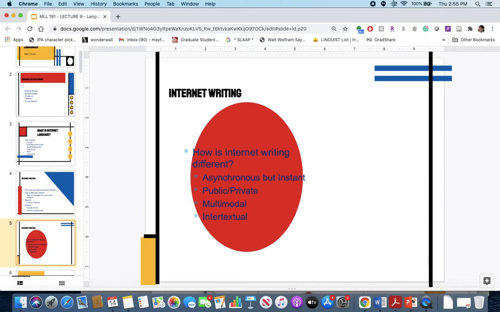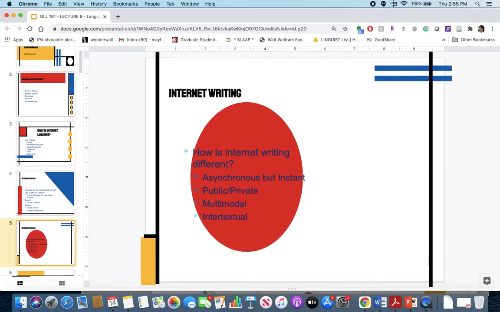But this is something where it would automatically pop up. Internet can be public or private. The types of writing that we do on social media sites are being heavily contested today because a lot of people believe that it's in the public domain, right? So the things that you write for your Facebook friends, you might think is private, but the U.S. government might think it's public.